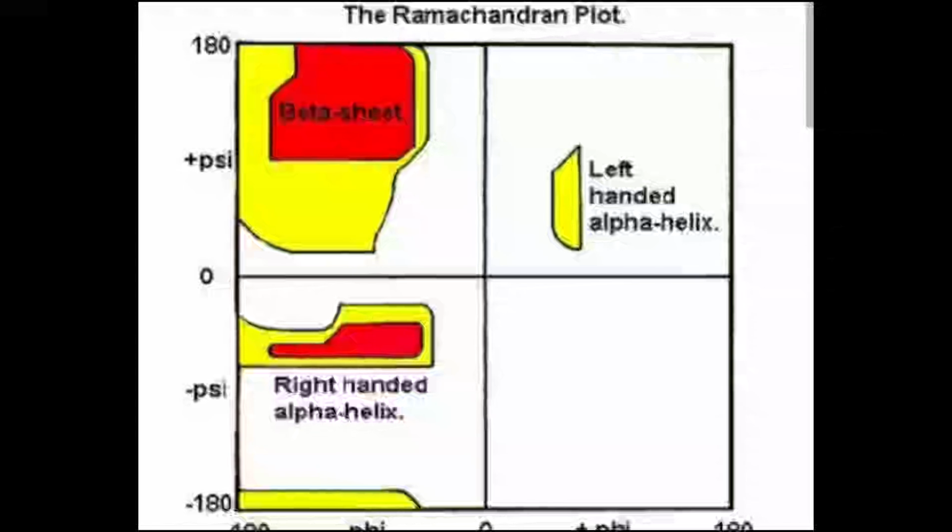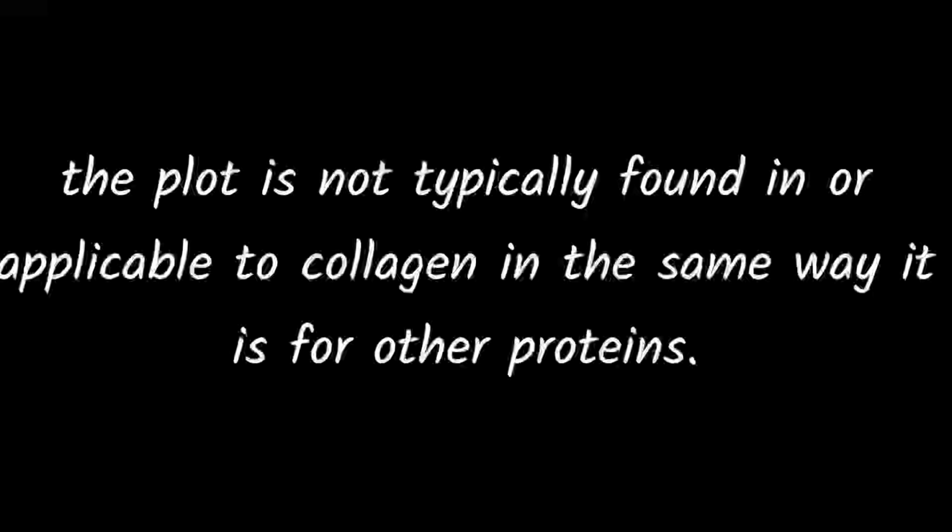Then the yellow area we can see here allows for shorter van der Waals radii to be used in the calculation, so the atoms are allowed to come a little closer together, and this brings out an additional region that corresponds to the left-handed alpha helix. So this was all about the colorful diagram of the Ramachandran plot. One more thing I want to tell is that this Ramachandran plot